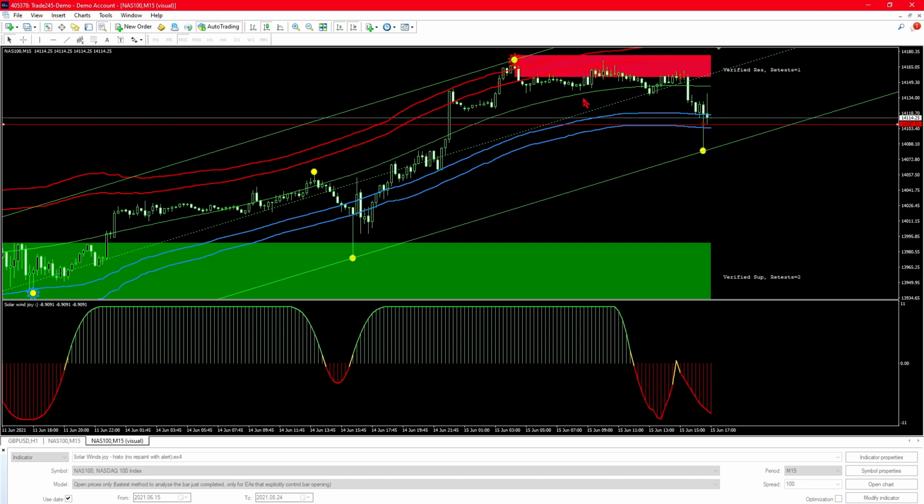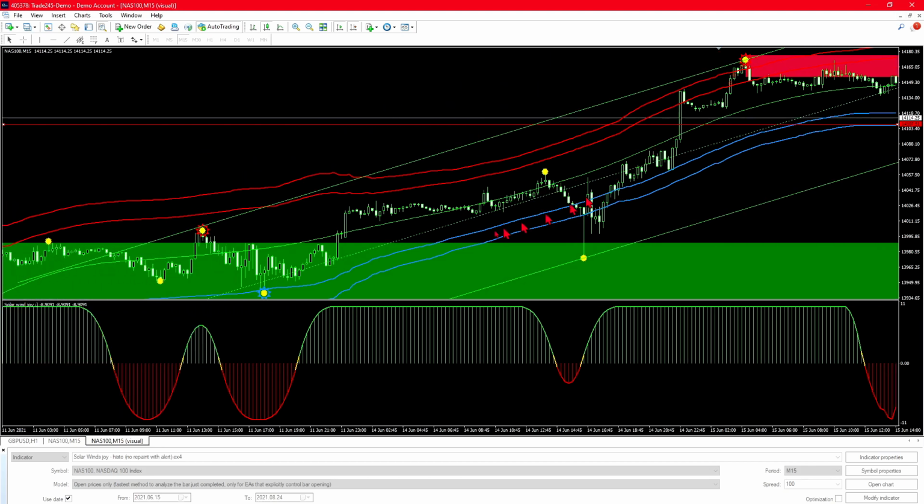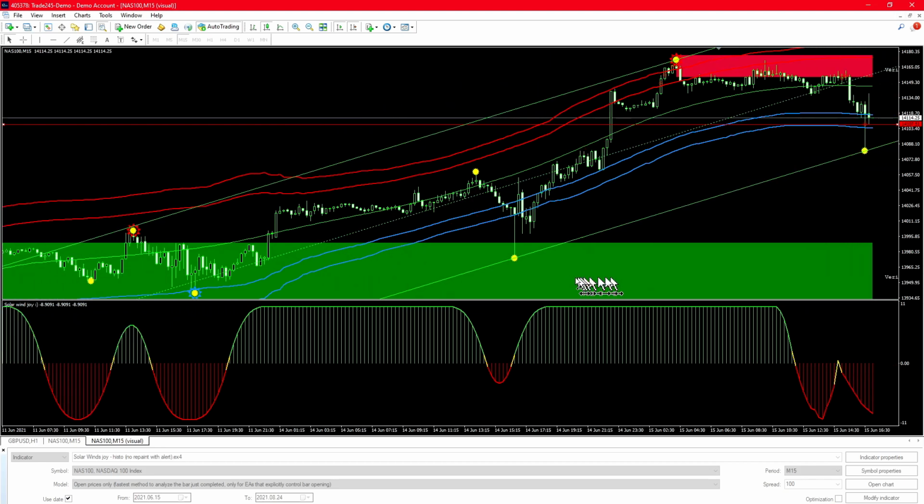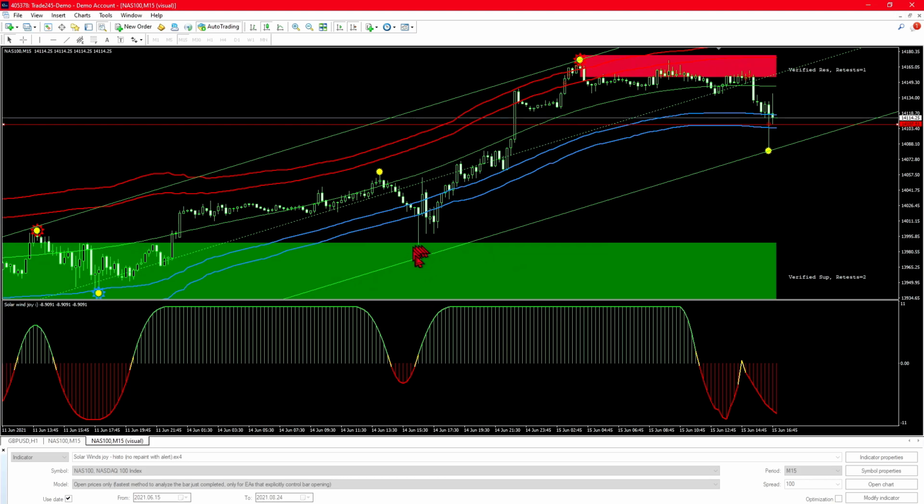So you can wait for the support and resistance to form and then take it on the retest, or if it's a scenario such as this one, when the sun appears and it's an already formed resistance or support, you can take the trade from there as well. So that's two ways you can enter using this system. And now we're going to move on to the